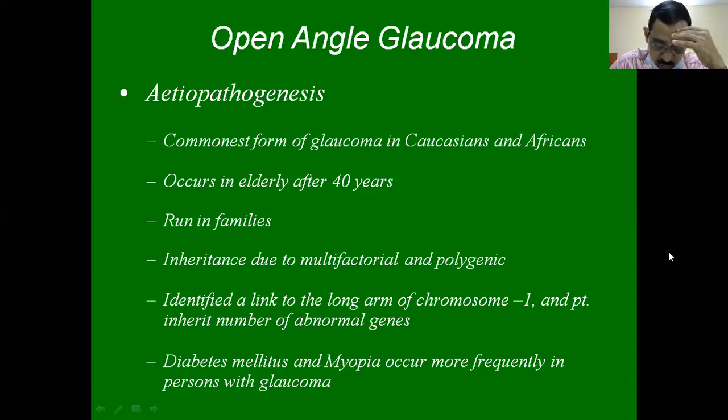So normal diastolic perfusion pressure is not less than 55 millimeters. Normally how we calculate is diastolic blood pressure minus IOP. So this is diastolic perfusion pressure. If the diastolic perfusion pressure is less than 55 millimeters, there is every chance of damage occurring to the optic nerve head. And thyrotoxicosis: in case of Graves' ophthalmopathy, the chance of primary open angle glaucoma is more when compared to the euthyroid cases. And corticosteroid responsiveness.